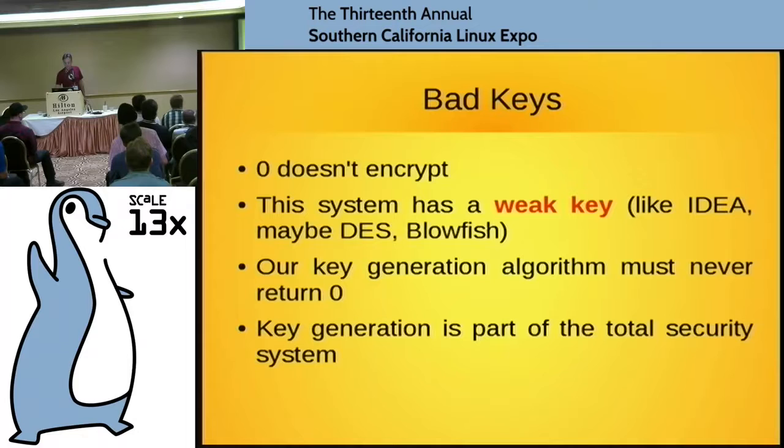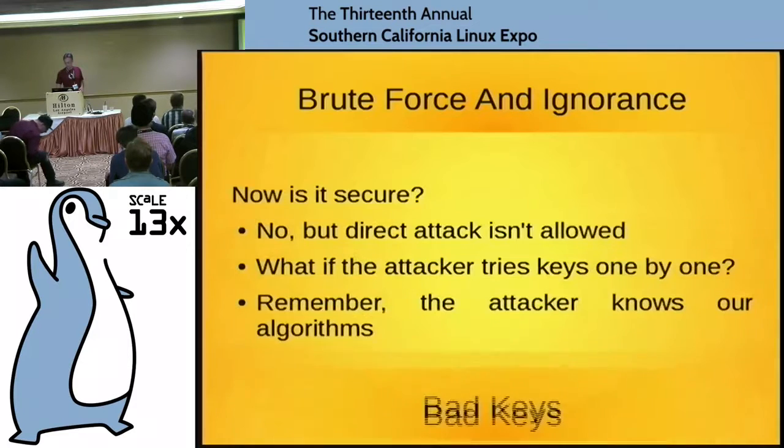Now, there is one interesting feature of this model, and that's that 0 doesn't actually encrypt anything, does it? It has a weak key, and real-world systems actually do have weak keys. That's a flaw because it means the key does mean a little bit, but it's a very tractable one. We just make sure we never generate the key 0. But that actually makes an important point, which is that key generation is a part of your total security package, even if it's not exactly part of the crypto system.